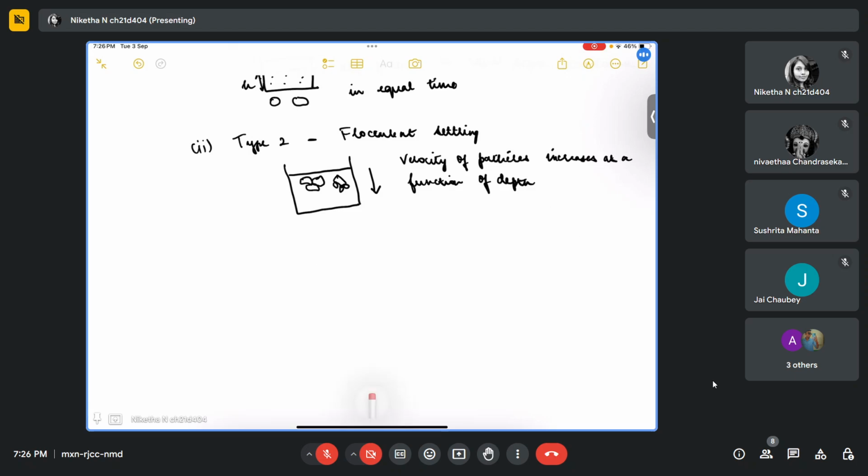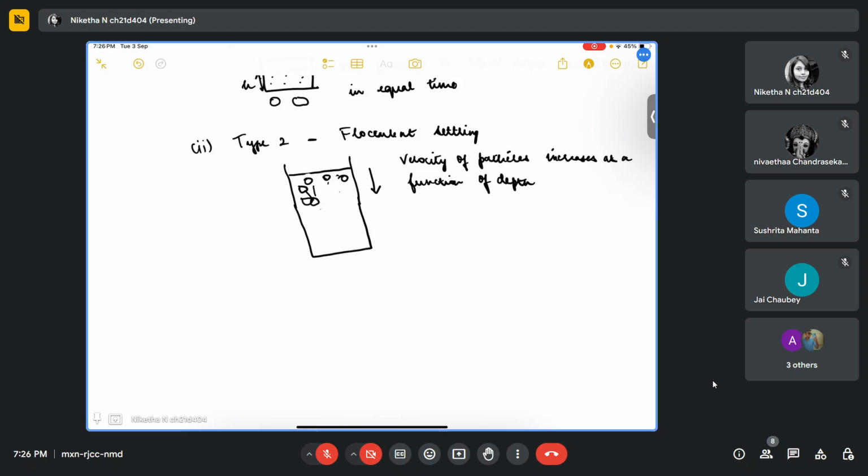So just making the tank a little bigger. So imagine you have particles which are only beginning to flocculate. So at the top, you may not have so many flocculated particles, but as we move slightly down with time, as they settle down,